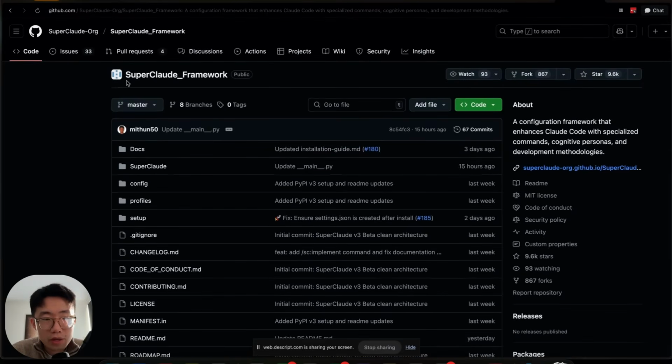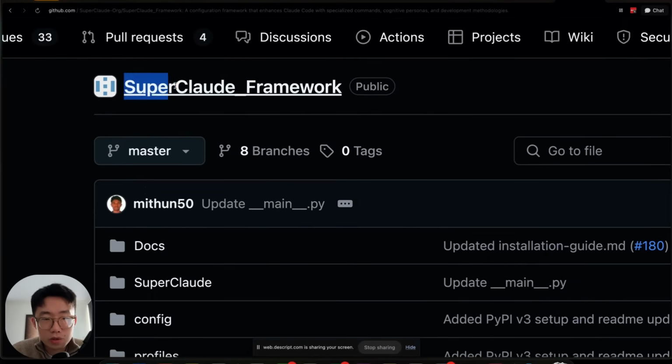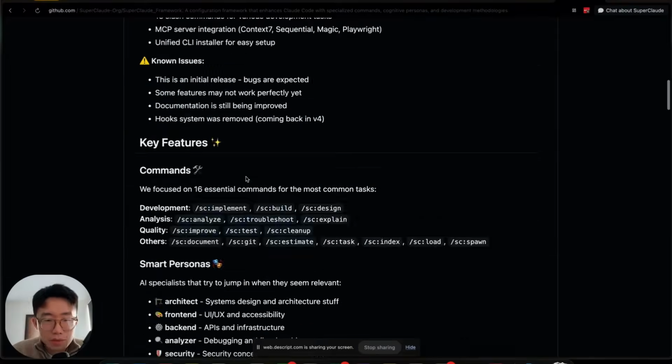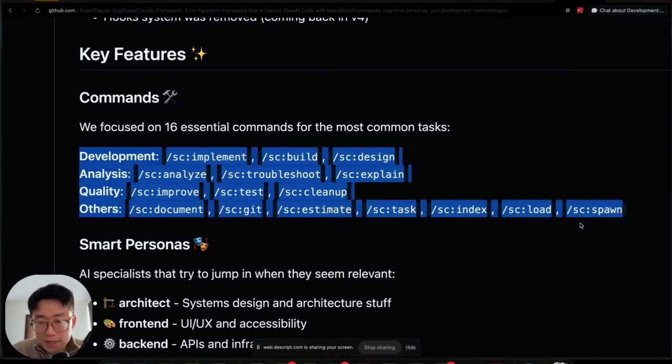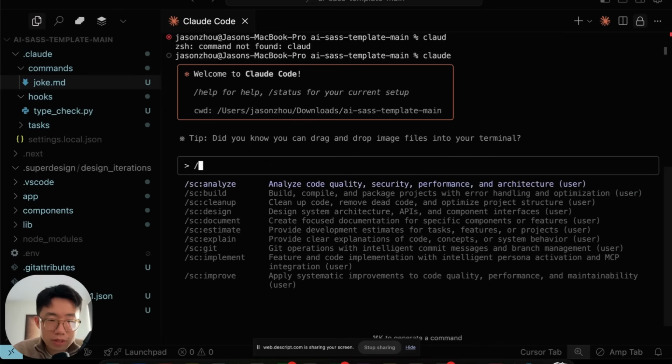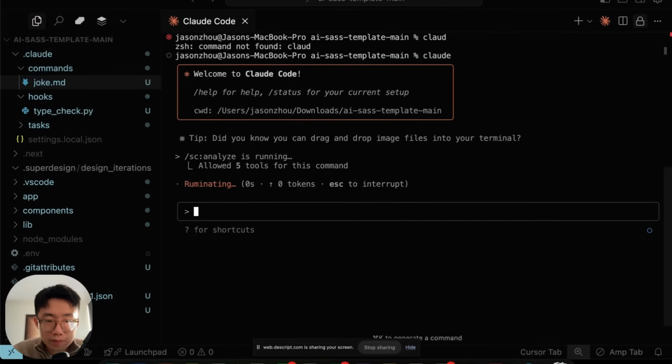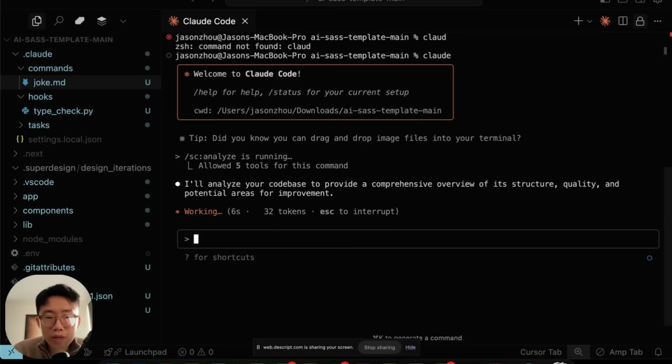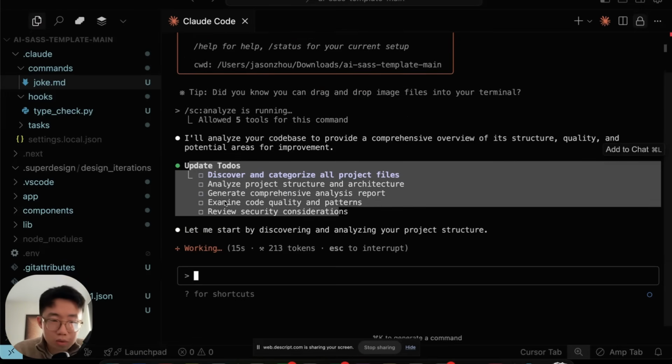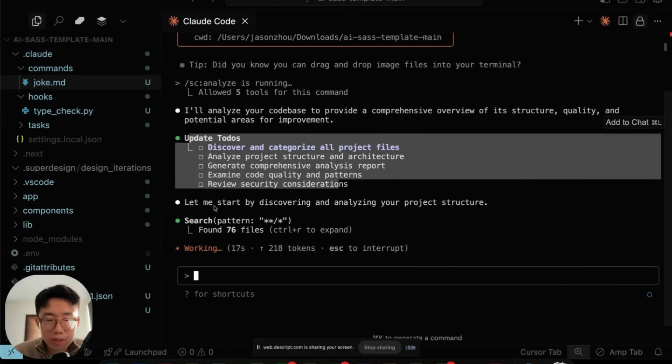And there's one package I saw recently that's pretty useful called SuperClaude. It's an open source package that comes with a bunch of commands that they predefine and build. For example, I can do slash command sc analyze. This will trigger that command that takes Claude into a much deeper code analysis mode. It will create a list of to-dos to look through the whole code base